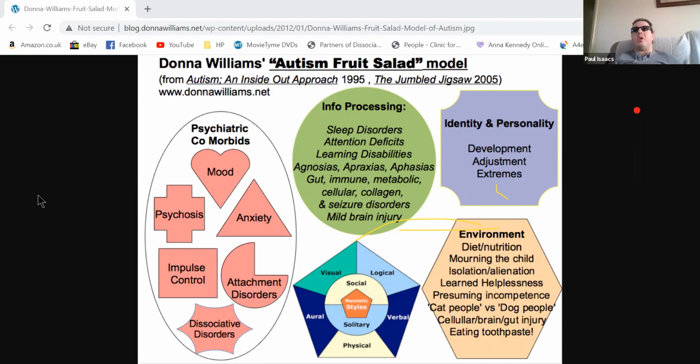Alexithymia is the final one I'm going to finish on, and that affects about 80% of people on the autism spectrum, and that's to do with not knowing one's own emotional states. So not knowing their own emotional states means they may struggle to process emotional information, how they feel about something. Going to events like funerals, for example, they may have a delay.